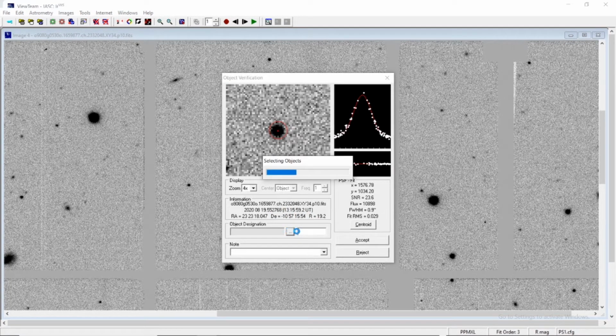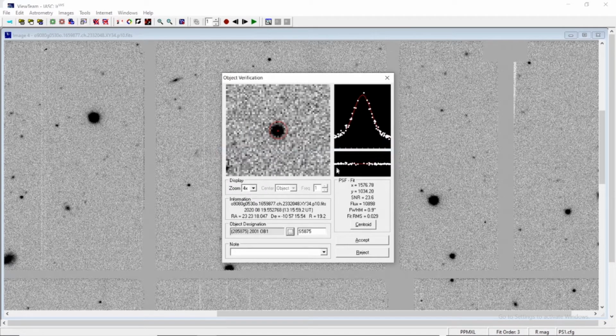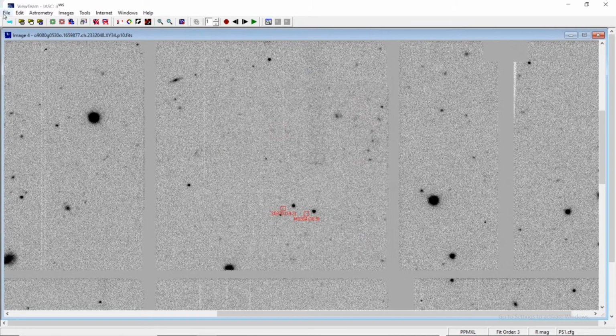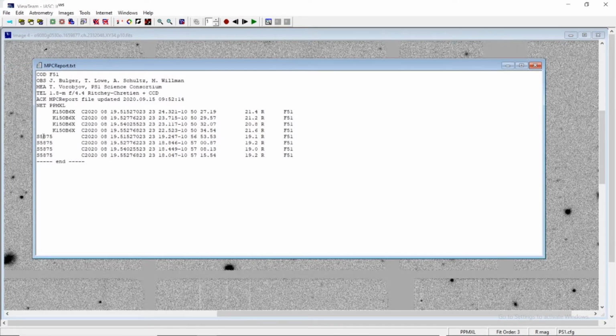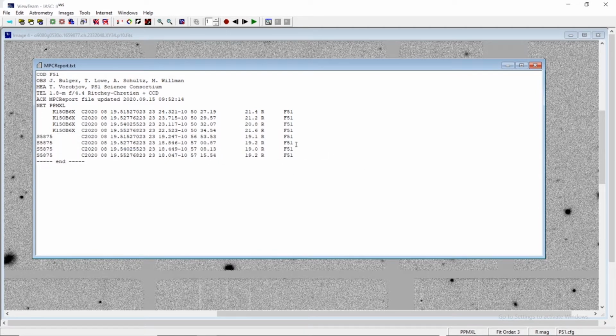Go for the object designation, click on the 3 dots that you are finding, it will search for the objects and here you find out the nearest object, select it and don't change the name, keep the name as same, which is the 5-letter designation, accept it. Now you see the MPC report. After seeing the MPC report, this is what you are going to find about. This 5-letter designation object will be there included in the MPC report as it is. So this is what you have to really think about.